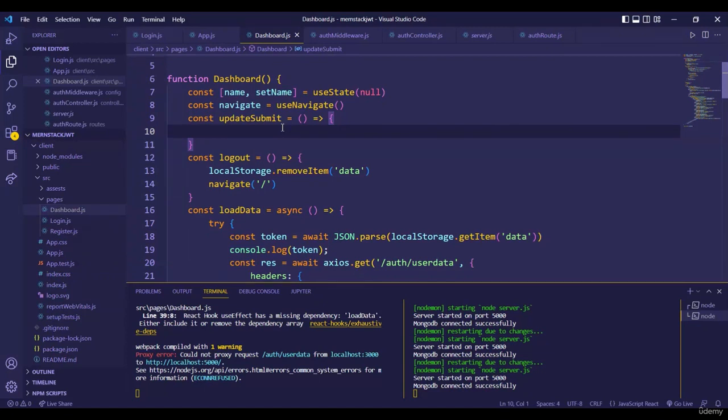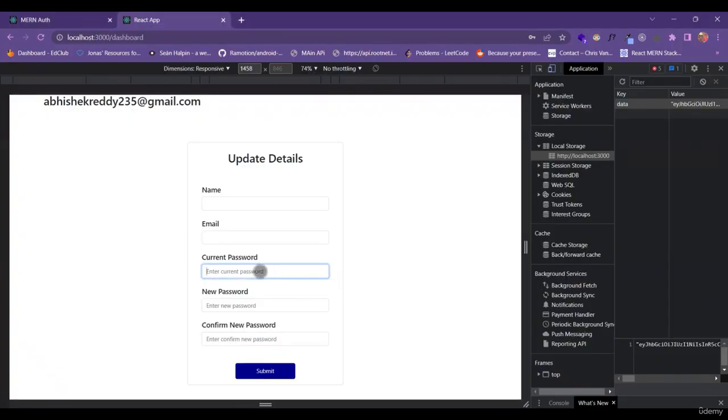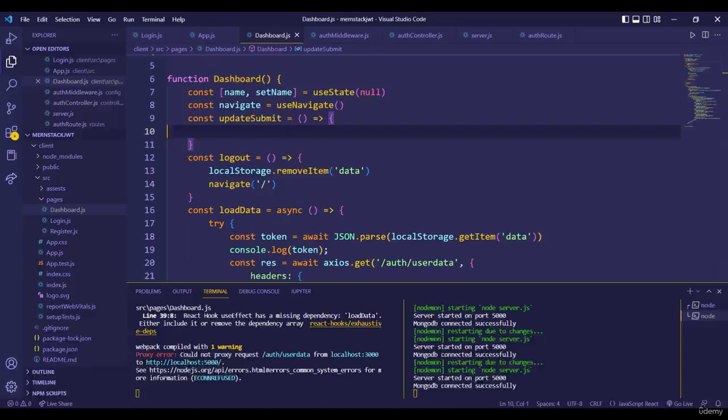Welcome back, guys. So in this video we are going to see how to update the user details. Like if we go into our application, we are going to change our passwords, right? So how that functionality is going to work, we're going to see in this video. So let's go back to our code, and before typing anything in our front end, first we need to connect